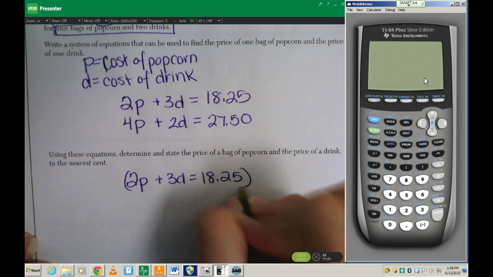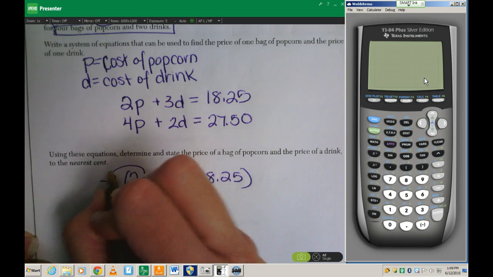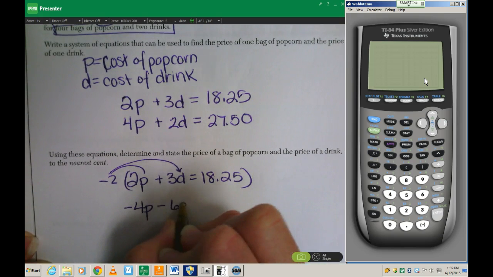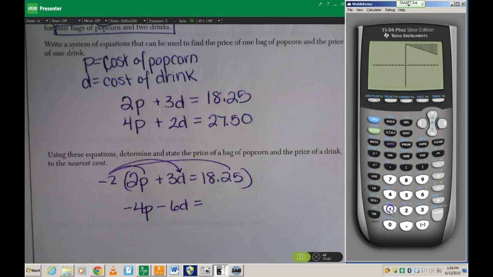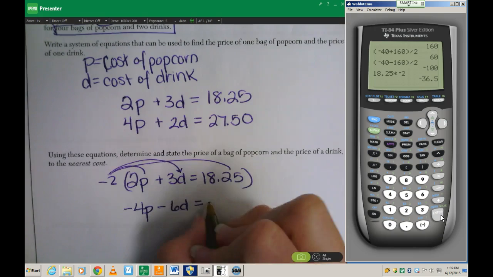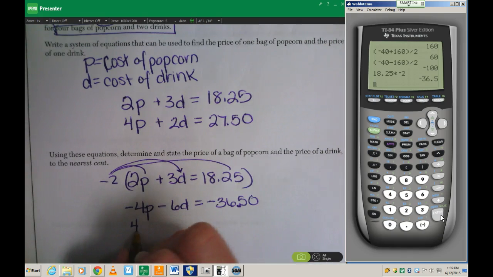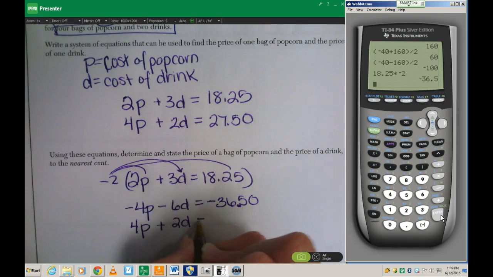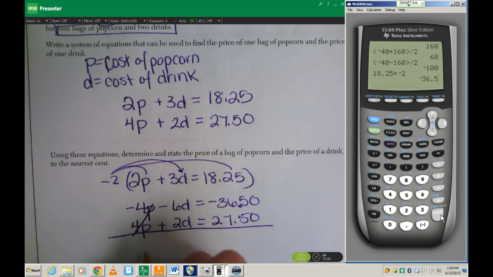So I'm going to make this times -2. -2 times 2 is going to be -4p. -2 times 3d is -6d. -2 times 18.25, I don't feel like doing that in my head. 18.25 times -2 is -36.50. Okay, now I'm going to write this next equation underneath it. Now I'm just going to add them up. Those will cancel. I'll be left with -4d equals,